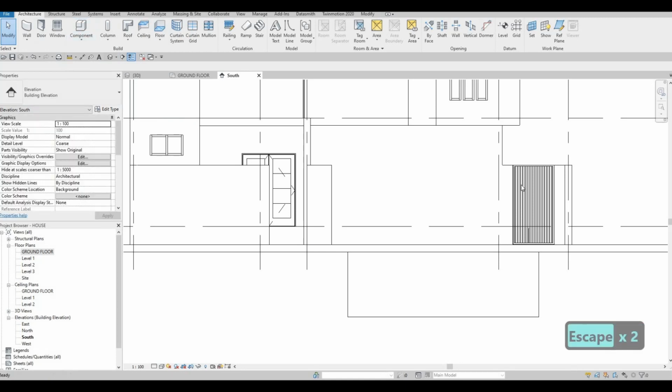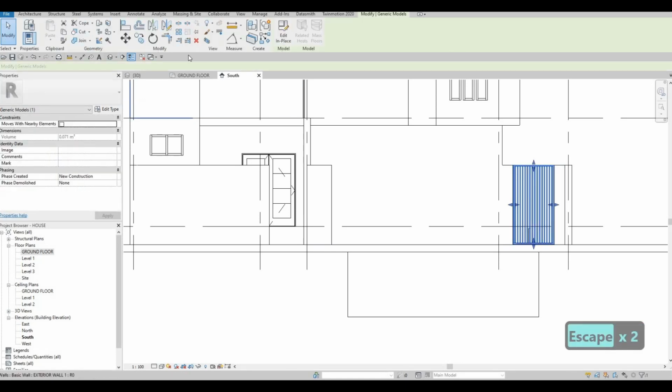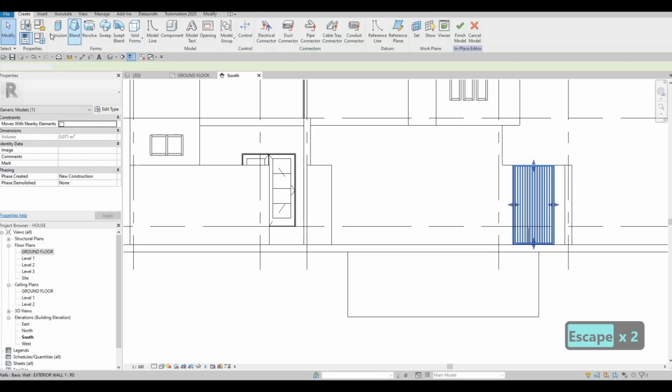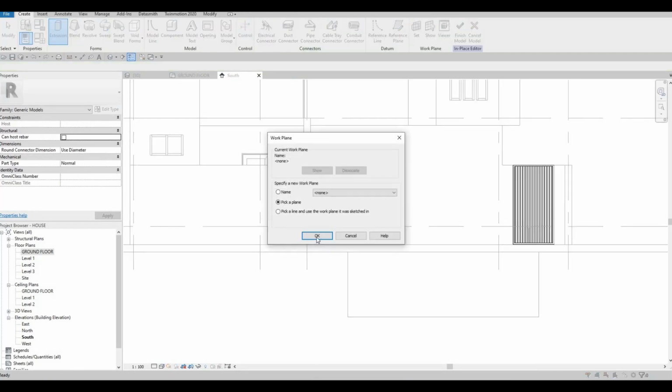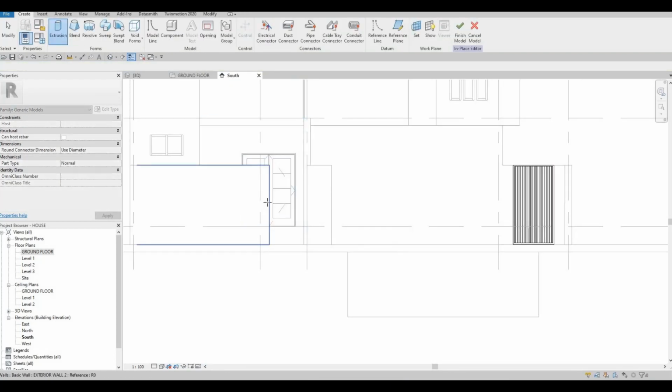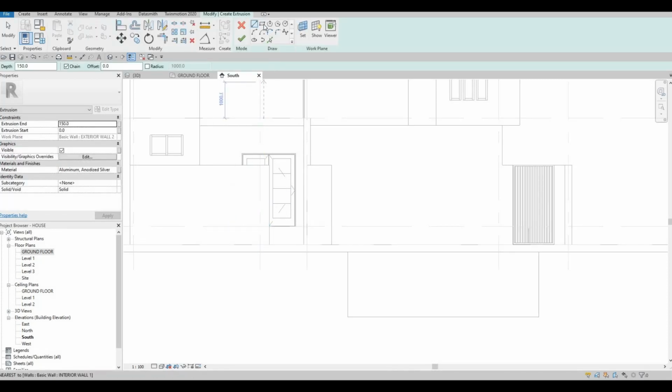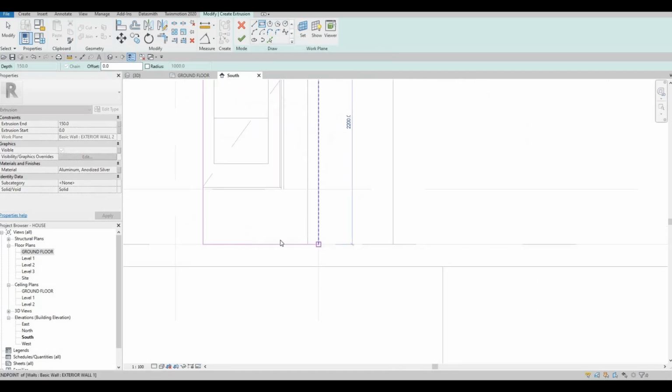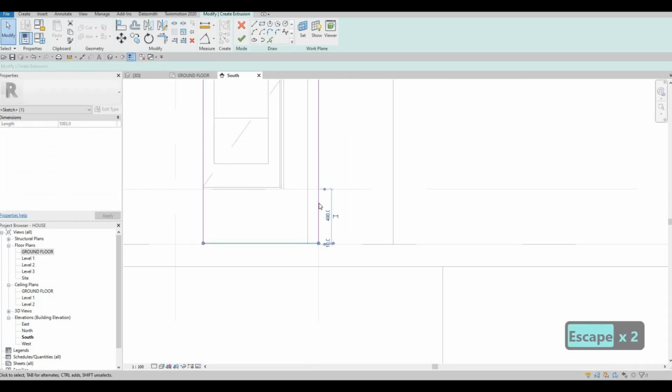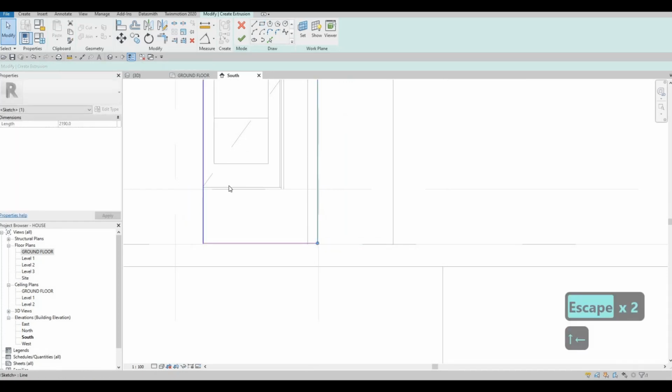So we're gonna do the same thing, select that, edit in place, create an extrusion, pick a plane, and we're gonna set it on this wall. After that, click on rectangle. Let's add a rectangle right here first,